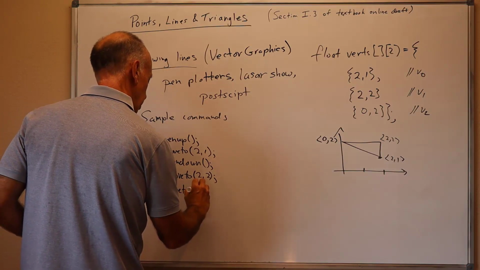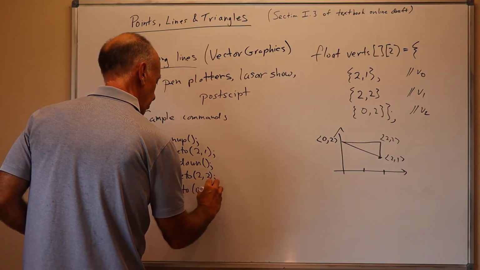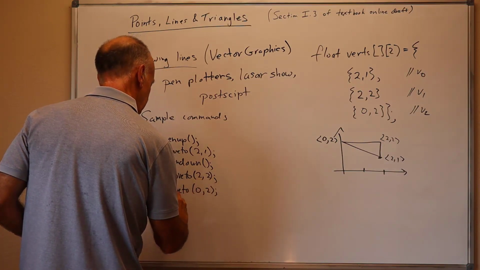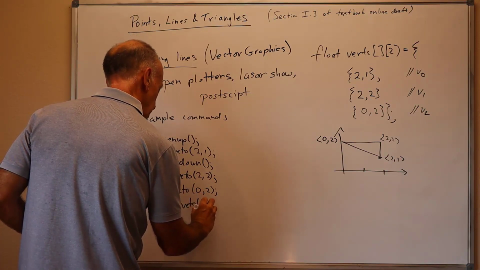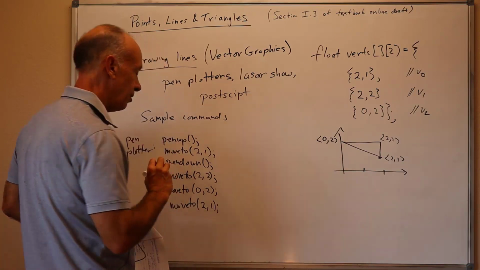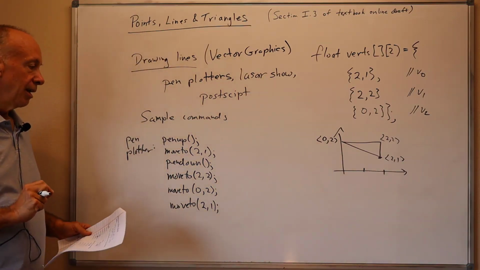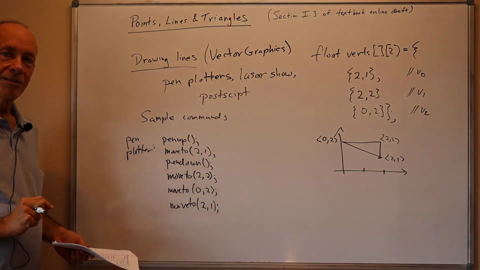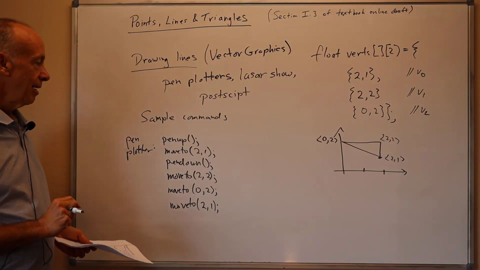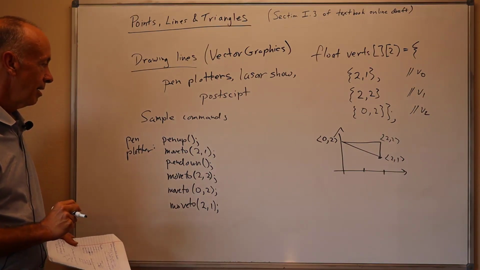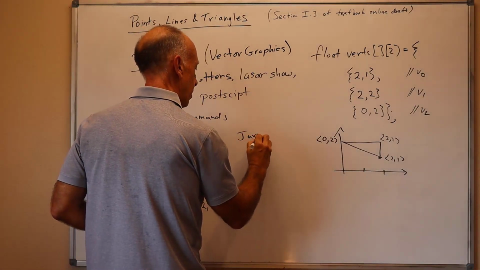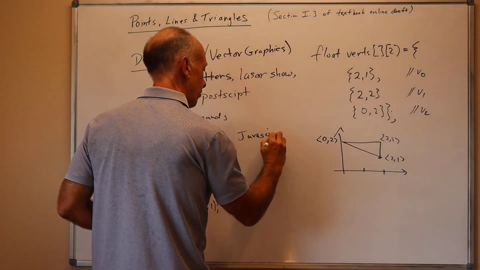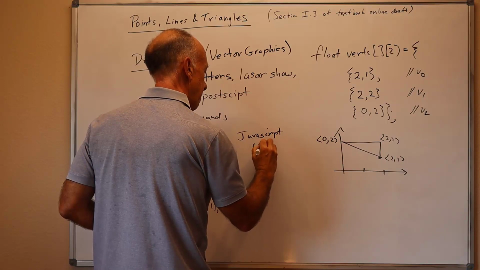Move to 0, 2 would then draw the next line of the triangle, the top line. Move to 2, 1 would draw the third line of the triangle. And this would be the type of commands that are used with a pen plotter. And so another thing, in a more modern system, the JavaScript Canvas element,